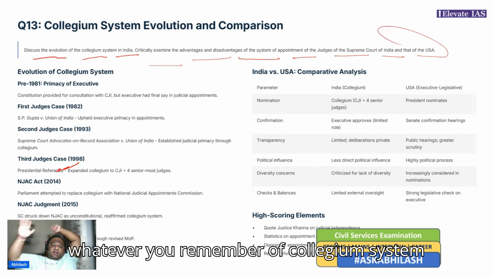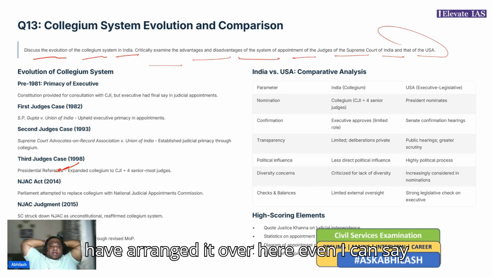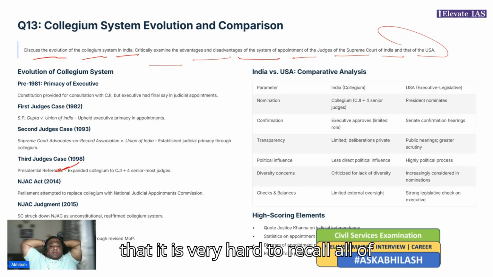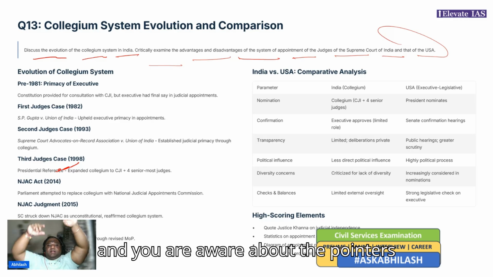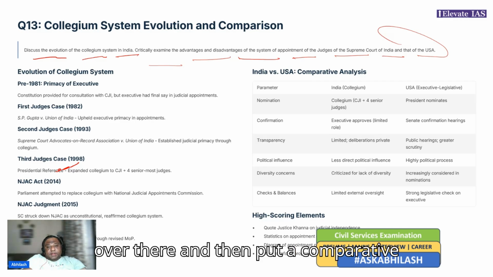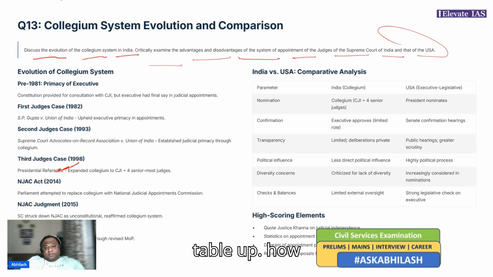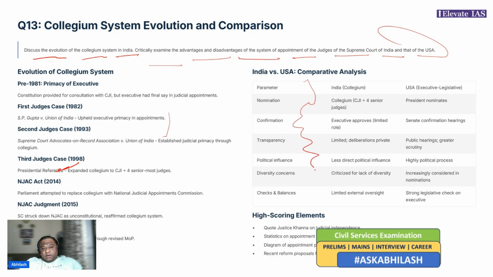So whatever you remember of the collegium system, you throw it out, because although I have arranged it over here, even I can say that it is very hard to recall all of them. But yes, if you have read through it and you are aware of the pointers, do the evaluation and write it over there, and then put a comparative table of how the parameters in India and the US work, which can be done here. So once you've done this,